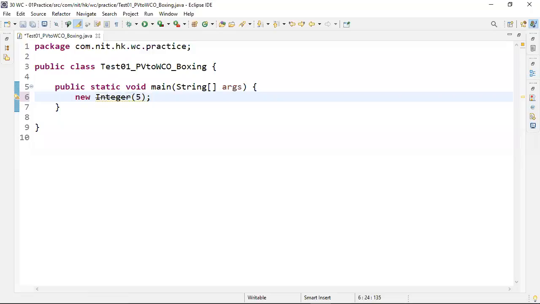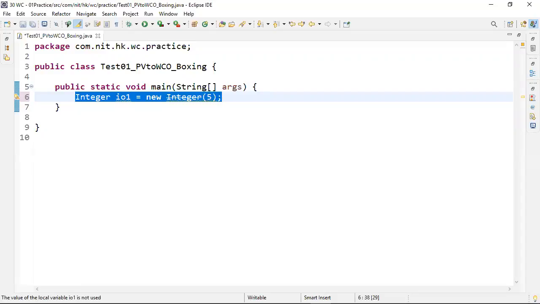Any class object we can create by using the new keyword and constructor. The primitive value is of type int, and the int wrapper class is Integer. Create an Integer class object. I want to use this Integer class object in the next lines of the code, so you must assign it to a variable, obviously. Integer io1 equal to.